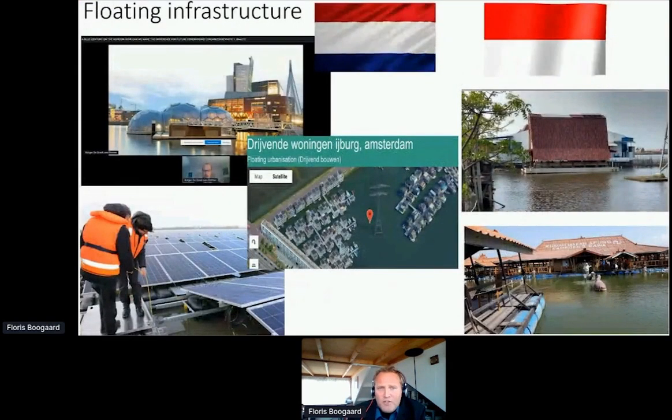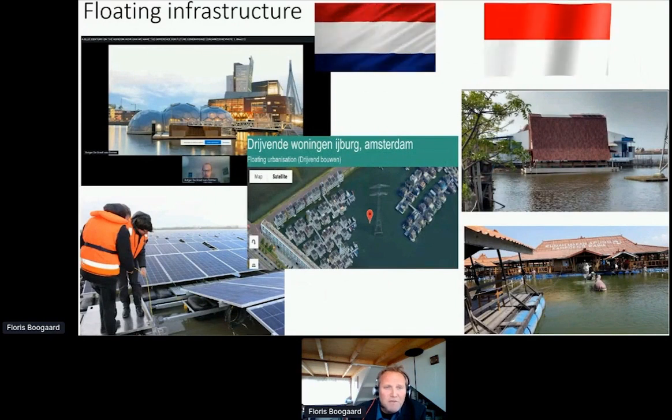So, floating infrastructure in the Netherlands and Indonesia. We've seen one of the greatest floating structures, maybe the floating pavilion in Rotterdam. I come from the Amsterdam region, so I have to show Ijburg, of course, where more than 100 floating houses are together in one district. It's quite compact, and of course there were a lot of questions about ecological impact on that one,